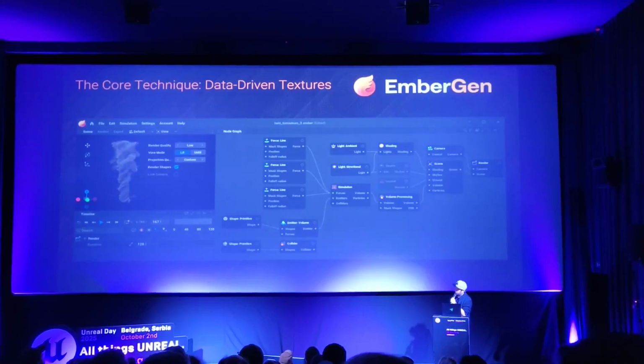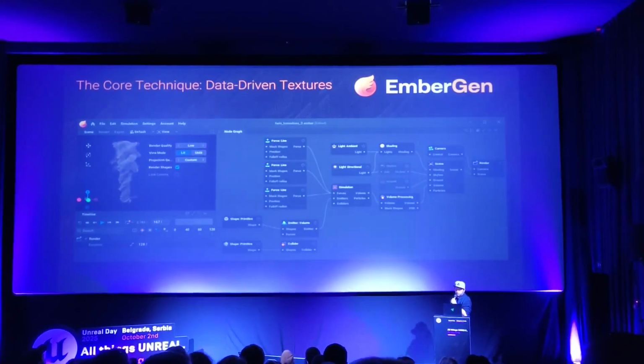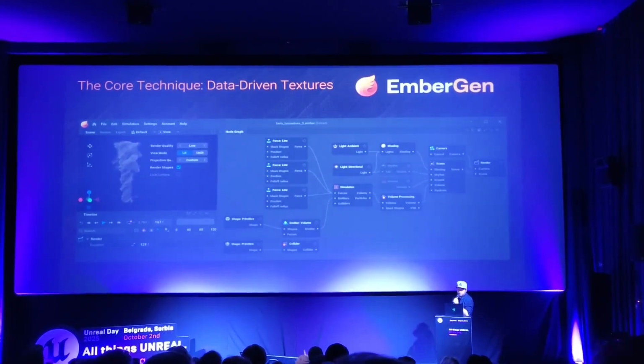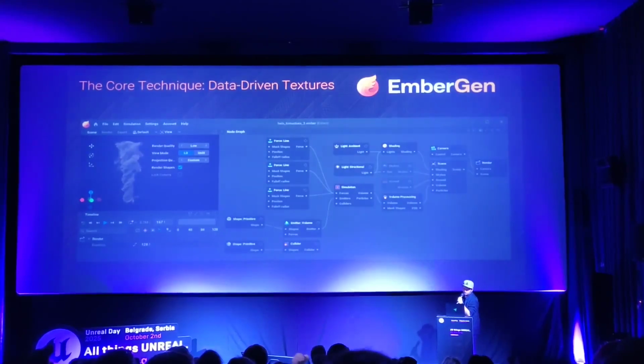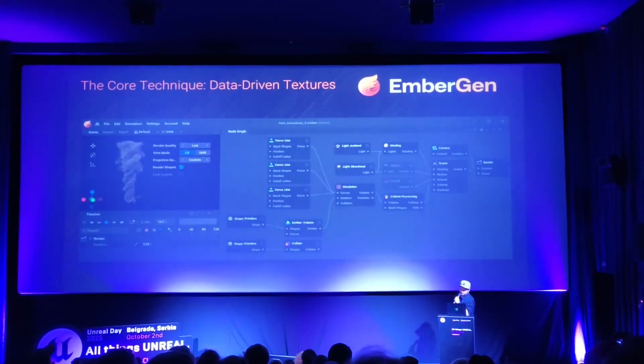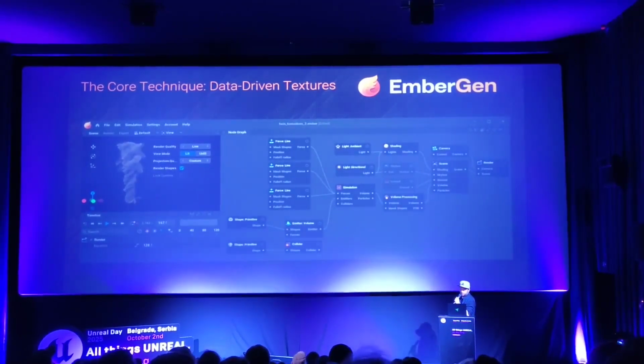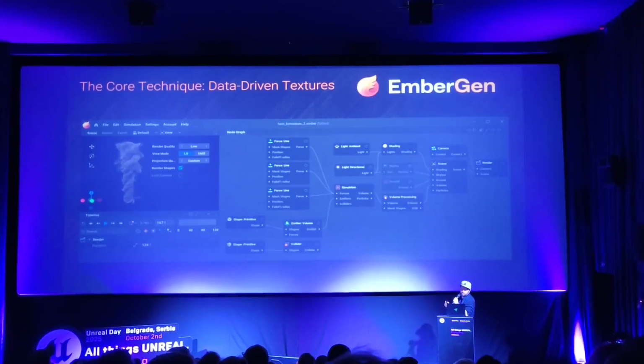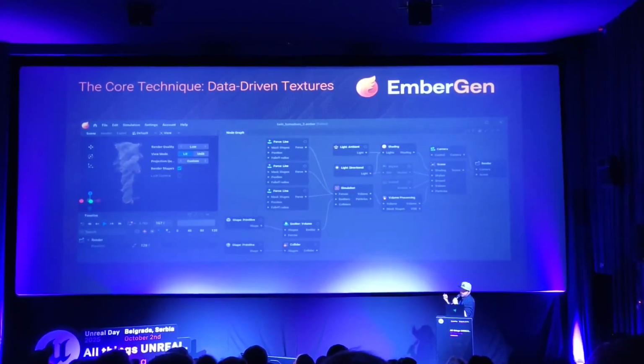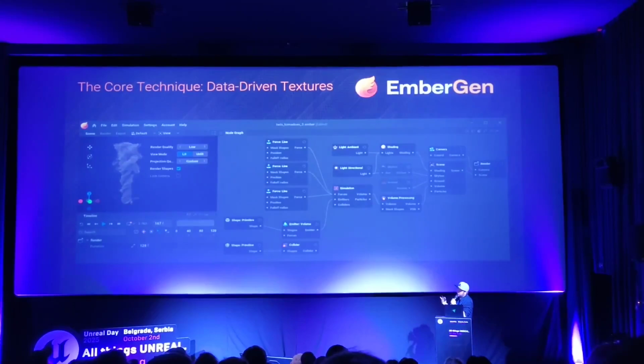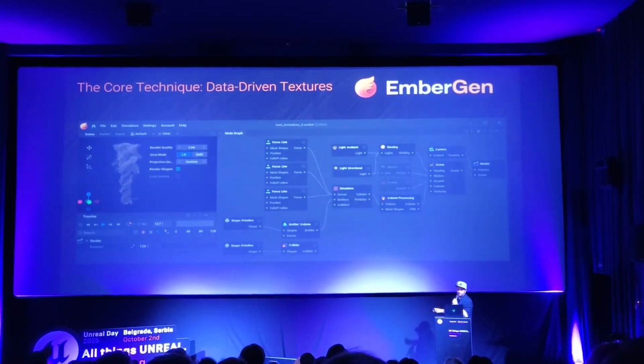Here's a screenshot of the actual node graph of the tornado made in Embergen. It takes only a few types of forces and some simulation parameters to create this awesome tornado effect. And the best part is that the simulation runs in real time. This effect was made on a 2080 Ti, which is now a 5-year-old GPU, and it still handles real-time simulations